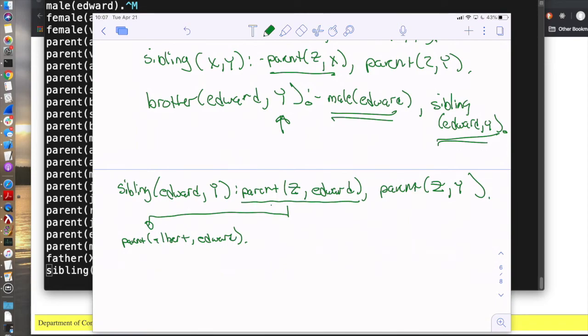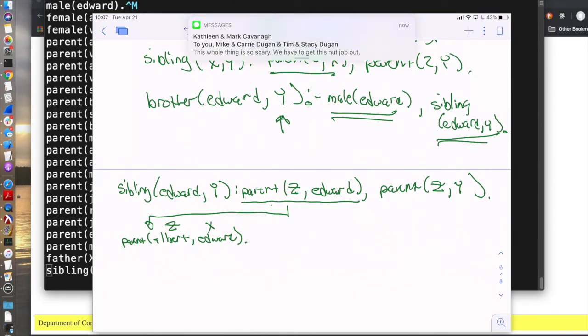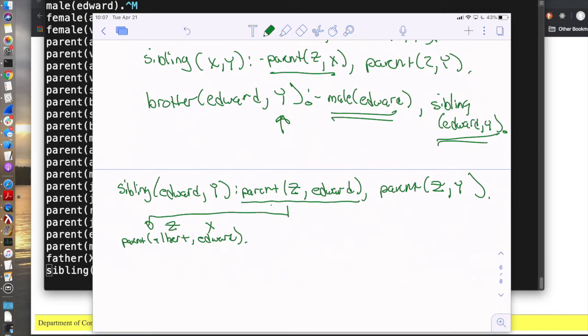So parent Albert, comma, Edward, that means that Z is Albert, X is Edward, and now we have to satisfy, given Albert is Z,